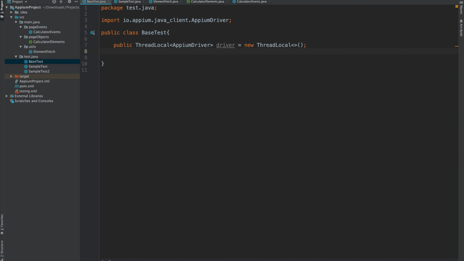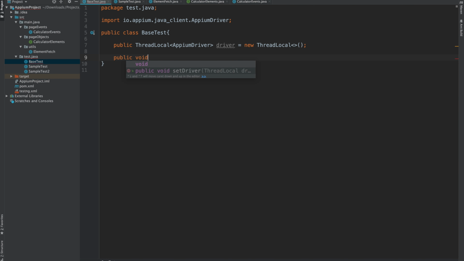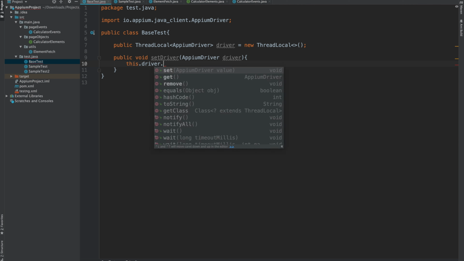And then we will be making a getter and setter of this particular driver, which will be like public void set driver, Appium driver, this dot driver dot set.